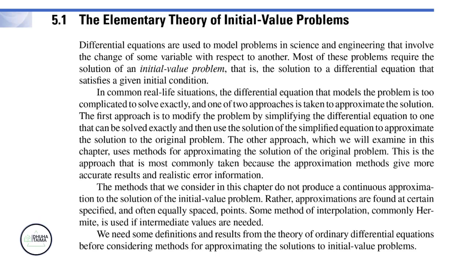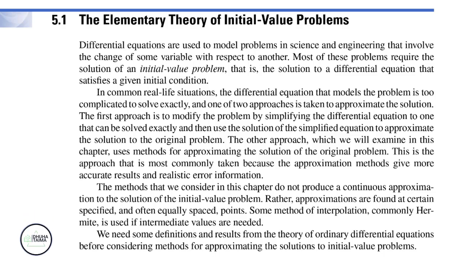The methods that we consider in this chapter do not produce a continuous approximation to the solution of the initial value problem. Rather, approximations are found at certain specified and often equally spaced points. Some method of interpolation, commonly Hermite, is used if intermediate values are needed. We need some definitions and results from the theory of ordinary differential equations before considering methods for approximating the solutions